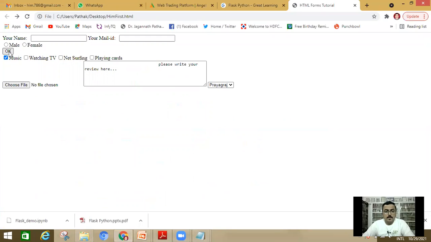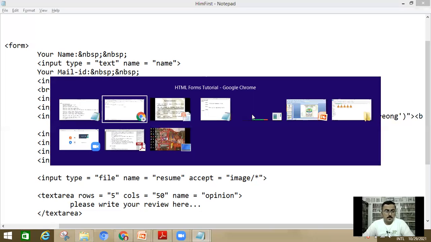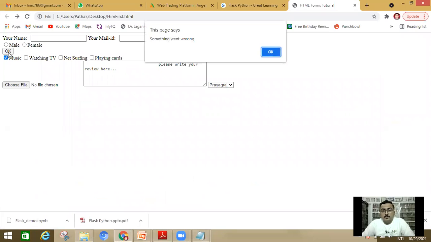Something is not happening with my browser, maybe JavaScript is not supported. Again, I'm going to try here. Now, something went wrong. A dialog box will appear: something went wrong. Okay.